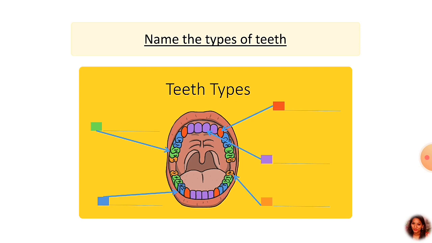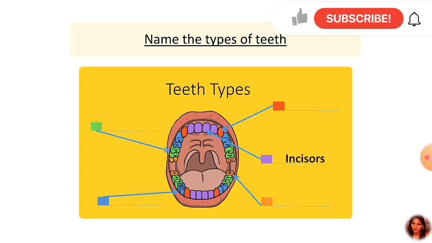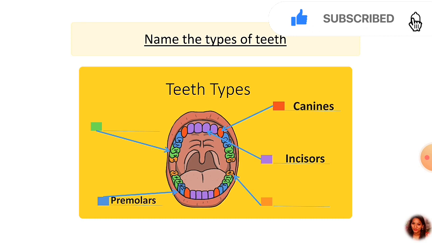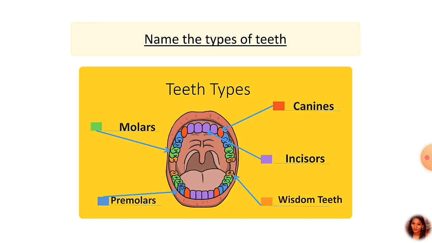Now let us just revise what teeth we have studied. First, the incisors are the front 4 teeth at the upper and lower side. Second, there are the sharp pointed canines. Then we learned about the premolars. There are 2 in each quarter, so 8 in number in total. And there are molars after the premolars. There are also 8 in number in total. And the last teeth are the wisdom teeth.